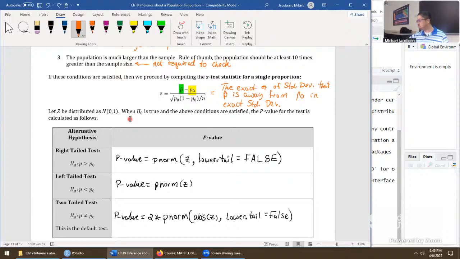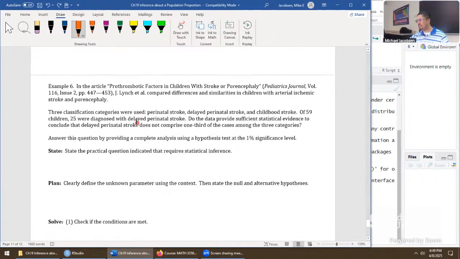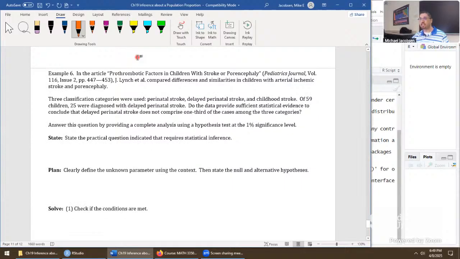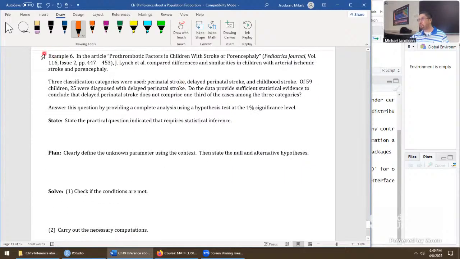Okay, so here's this next problem. These data are really pretty heavy. This is a lot going on in example 6. But I think it's important to do problems like these. We've done a couple problems along these lines where it's really serious medical situations. But it just highlights the importance of this kind of statistical analysis, of being really, really careful with our data analysis.